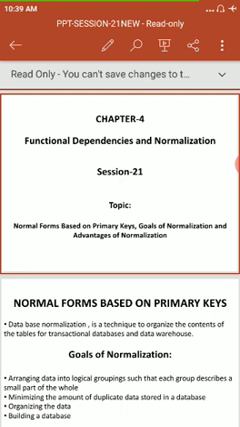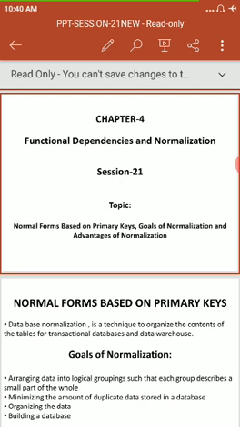If you organize data improperly, it leads to loss, we may lose some information. Once you build the database properly, then maintenance is very easy. Organization is also very easy, and you can avoid the duplication of data. These are the main goals of normalization.